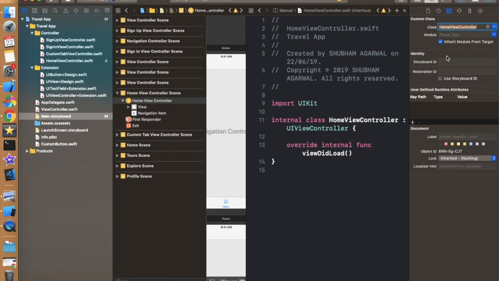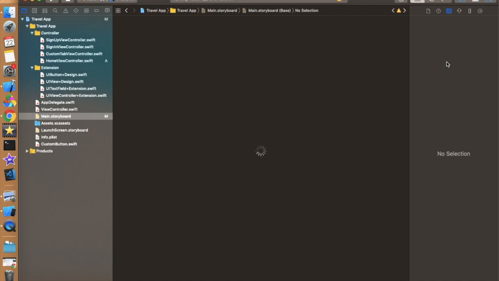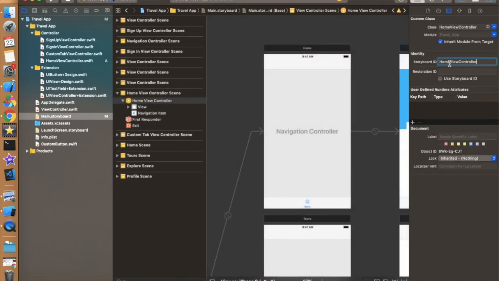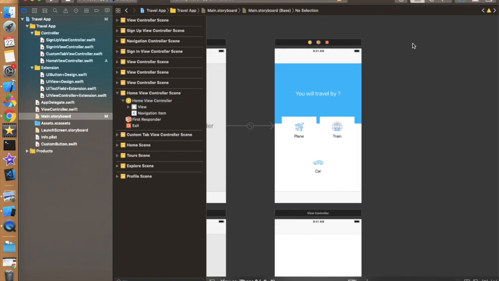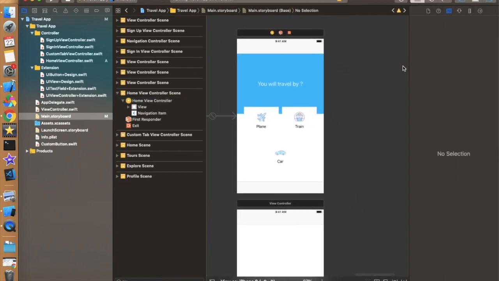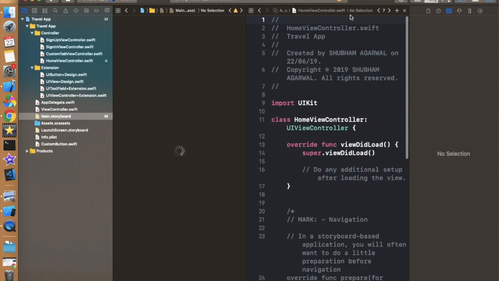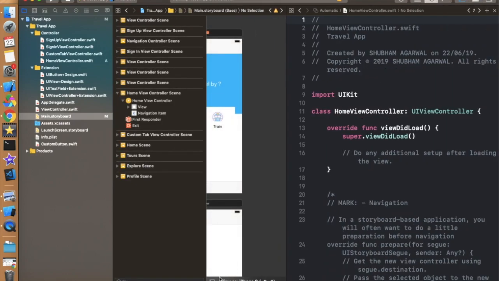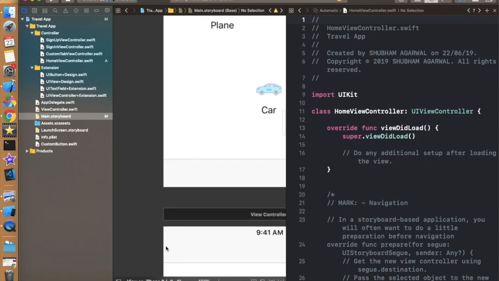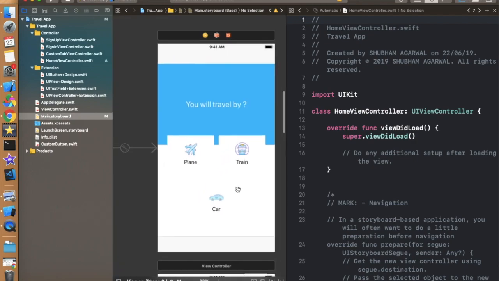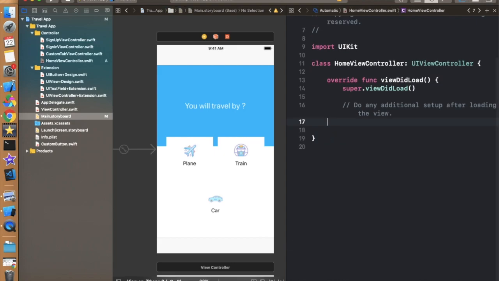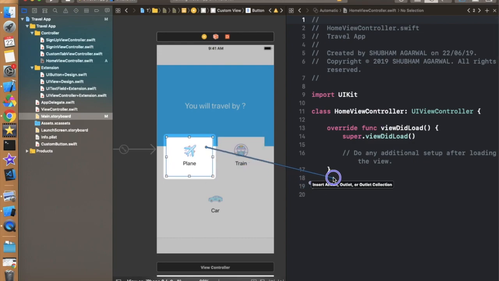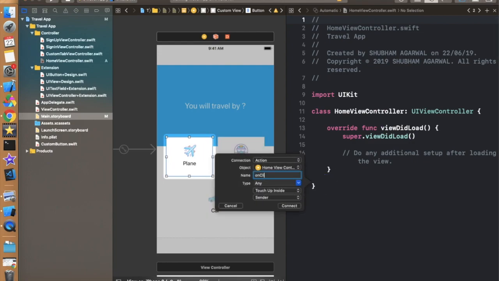Something like this, and also give a storyboard identifier the same as the home controller, something like this. Now we have to create the outlets of these views so that we can make these things clickable. So let's move to the HomeViewController and create the actions for these buttons. Just remove this code, we don't need this code at all. Now click on this view and create an action like this, on click